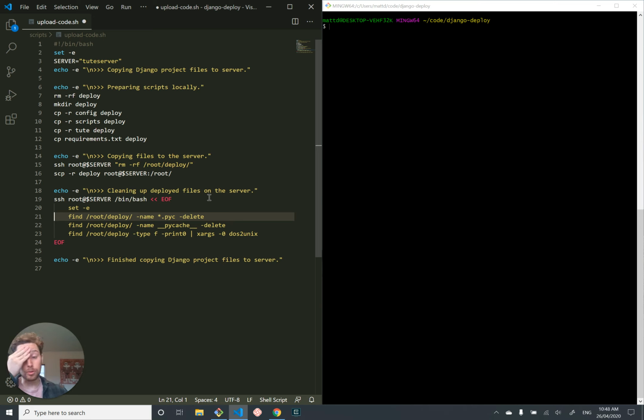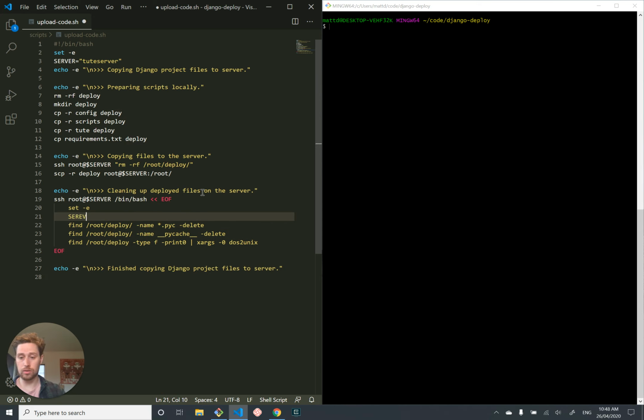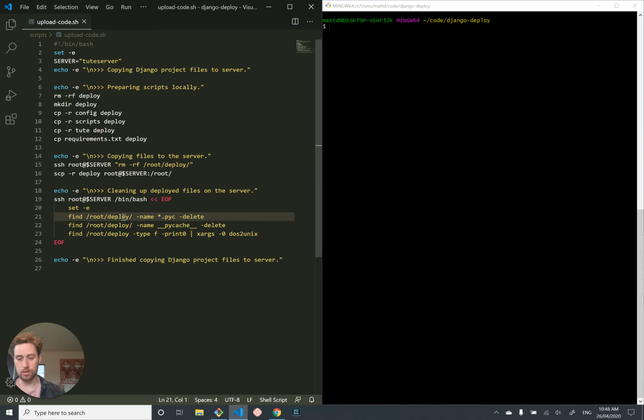And it's also important to note that this script doesn't inherit any of the environment variables or anything like that. So for example, if we wanted to set an environment variable called server in this script as well, we would need to write server equals $server like that to get this to pop into here. And then when the script runs, it would define server as cheat server. Right, so just a little reminder to put set -e inside of your here strings